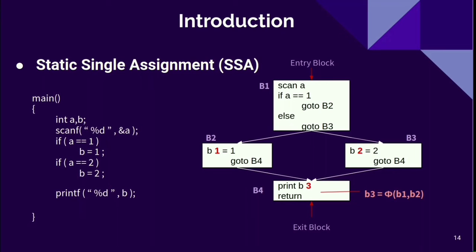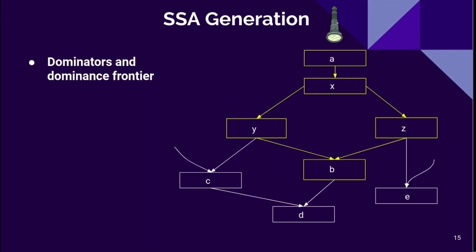Let's move to our next representation, that is SSA. The name suggests itself that it is a static single assignment, meaning every variable is going to be assigned exactly once, and this is a static representation. As you can see in the example, B, B and B, wherever it is used, these are renamed as B1, B2 and B3 respectively.